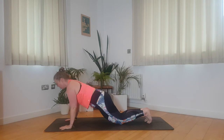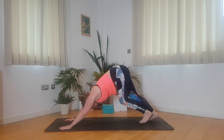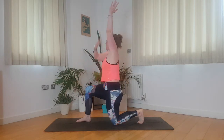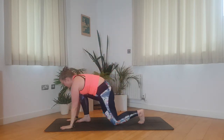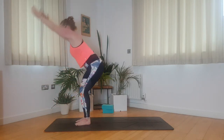Knees down, lower all the way down. Pull back into your cobra, lift up to your downward dog. Right foot forward, left knee down. Inhale, the arms rise, finding the space from the waist to the shoulder blade and out the arm. Exhale. Hands come down, back foot comes in, inhale to rise. Exhale, hinging at the hips,